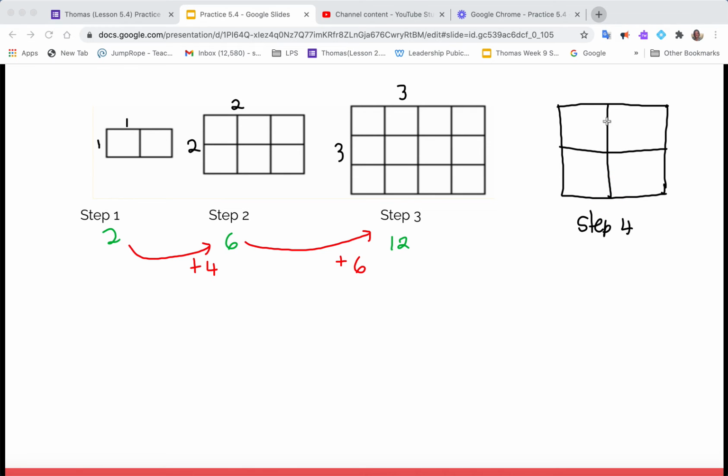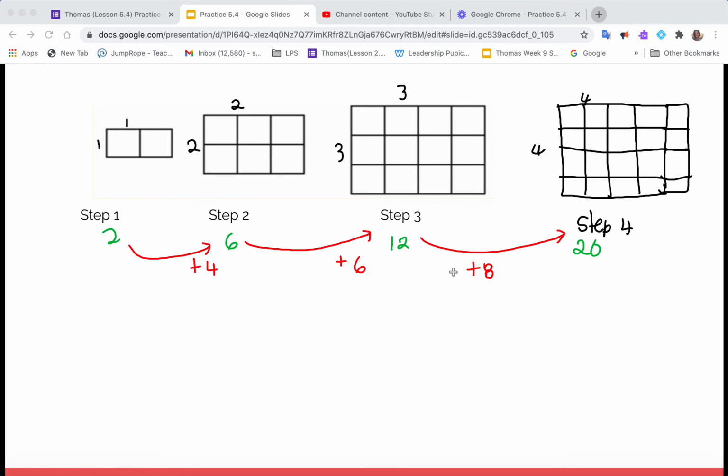And then we're going to do the extra column of squares. And I just need one extra column of squares that's extended. So there's that. So I have my 4 by 4 and that extra column. So that's going to give me a total of 20 squares because 4 times 4, that's 16. So from 12 to 20, that's going to be a plus